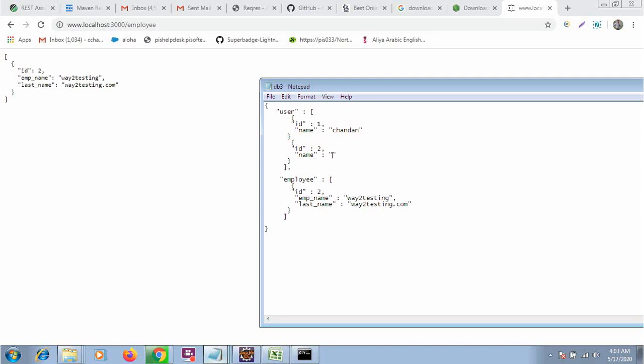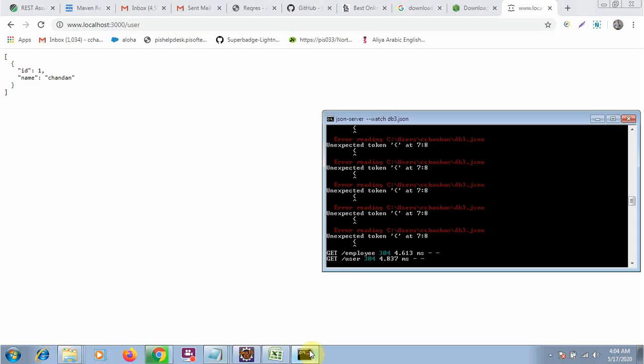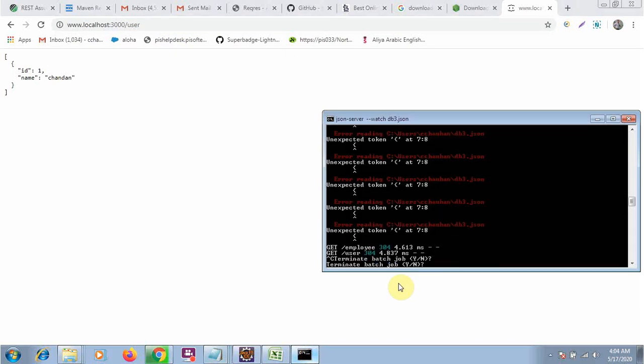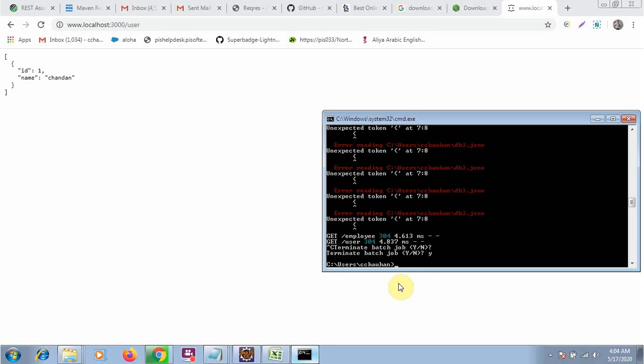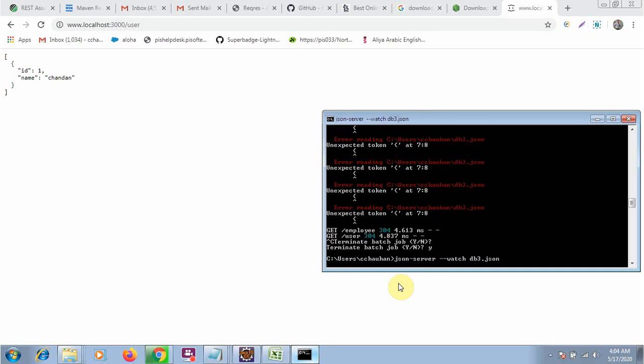It purely depends on you how you want to perform the operation. I am setting up a dummy server, or you can say a fake server, so that you can perform a lot of operations, like GET and POST.